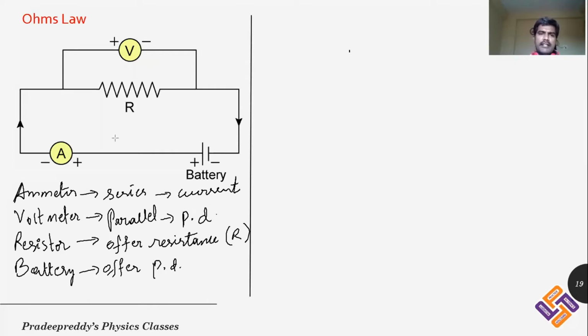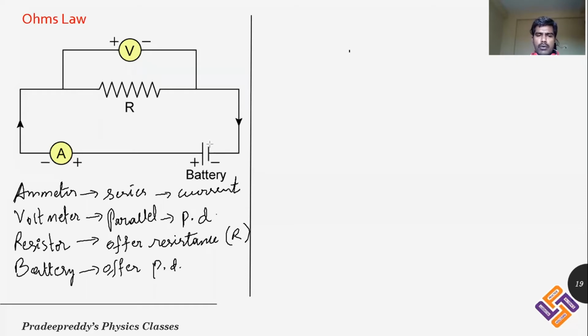Now this is an electrical circuit. We now need to verify Ohm's law from this electrical circuit. So you are connecting a battery. That battery is connected in series with the resistor. And in order to measure current in the circuit, you are placing one ammeter in series. And in order to measure the voltage dropped across this resistor, you are connecting one voltmeter in parallel with this resistor.